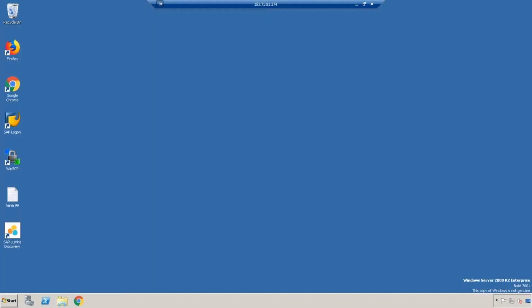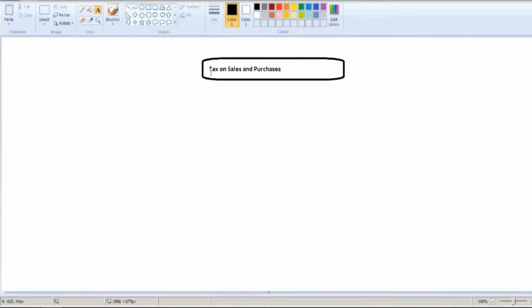Welcome to today's session. We're going to see tax on sales and purchases. So, tax is calculated based on expenses or revenues. A base amount may include